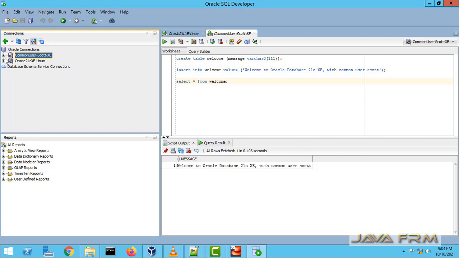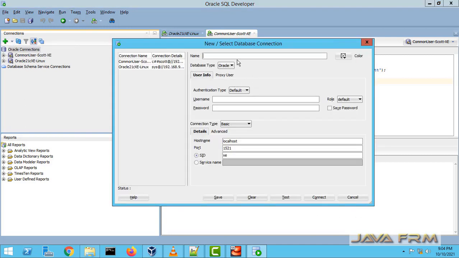Now next I am going to log in as a sys user to the pluggable database. Okay, I am going to create one new connection. So now I am going to log in as a sys user to the pluggable database running on Oracle Database 21c Express Edition.